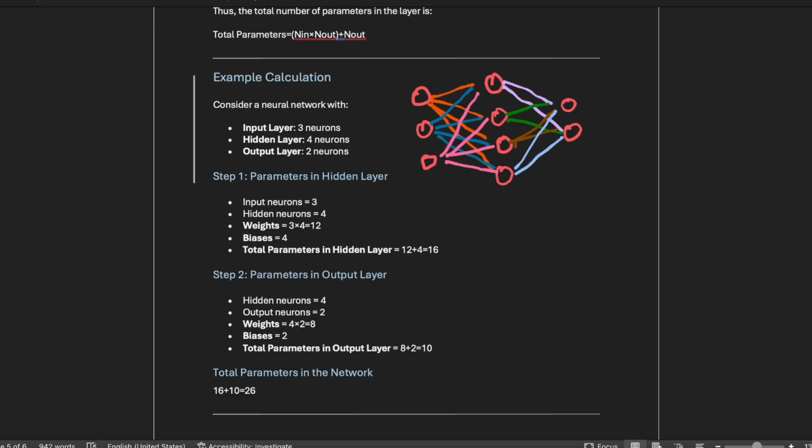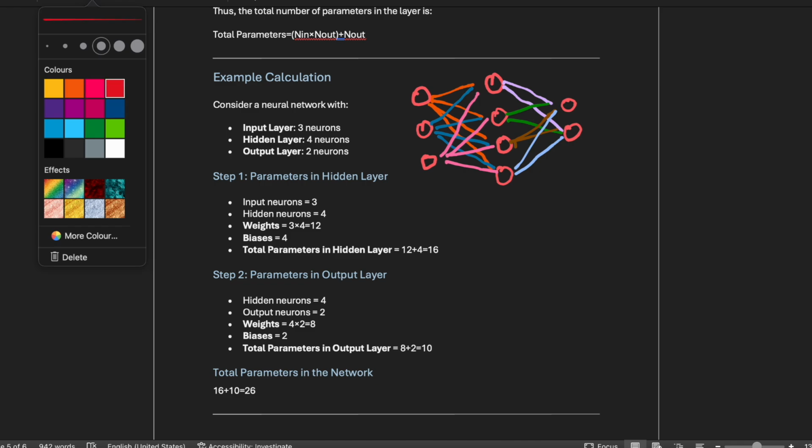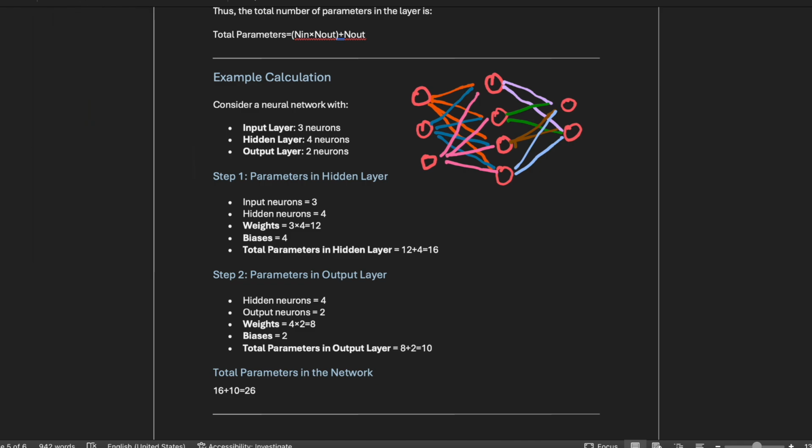So basically, every neuron is connected to the other neuron, and for the neurons which are connected, there is a weight between these two neurons. So there will be a weight distribution like W1, W2, W3. You know basically how the whole pattern is working. So if we calculate the number of weights in